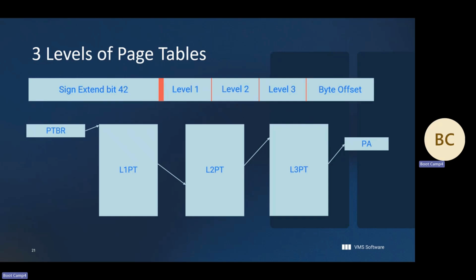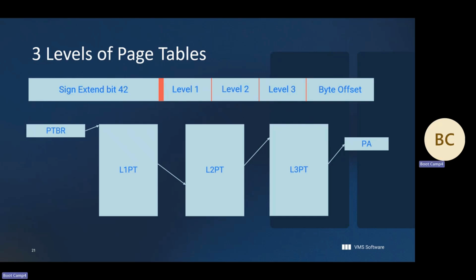That will generate the physical address of the level 2 page table. And then this generates an index into here, which generates the physical address of the page in the level 3 page table. And then this indexes into here to finally come into a page, a physical address.